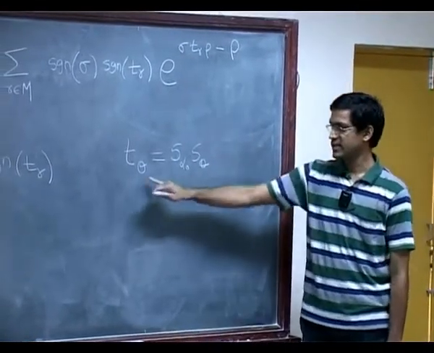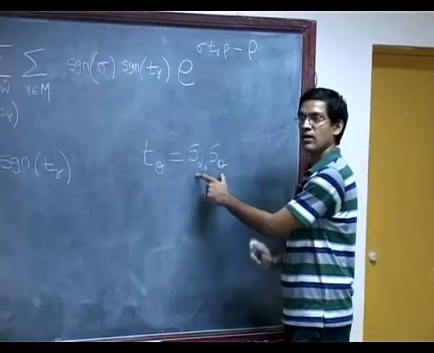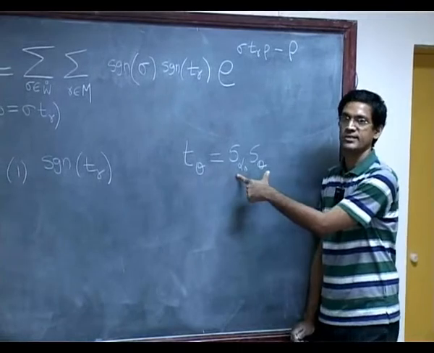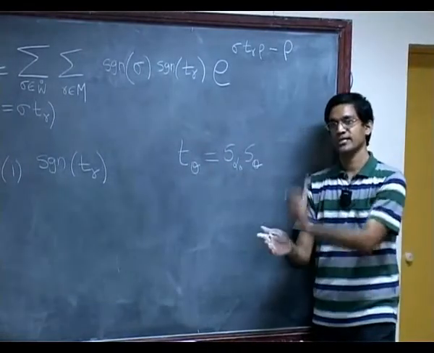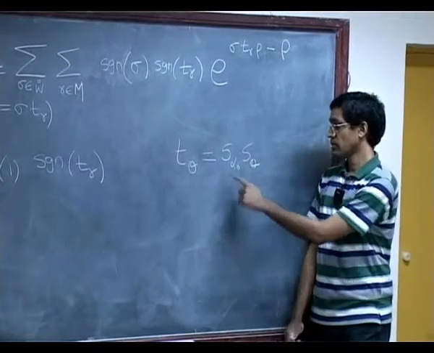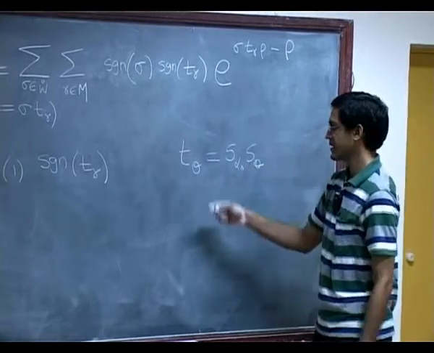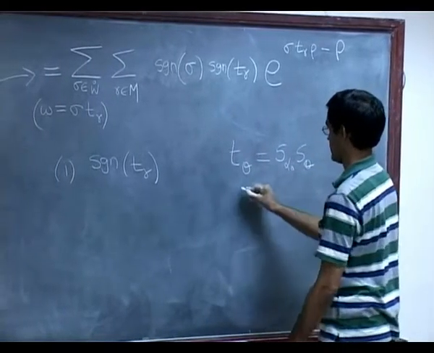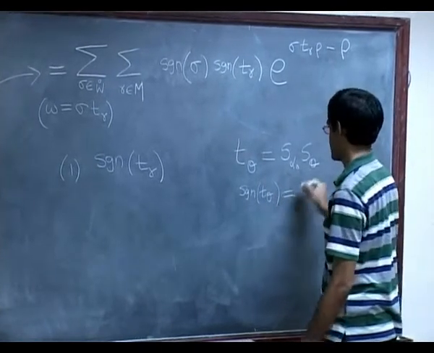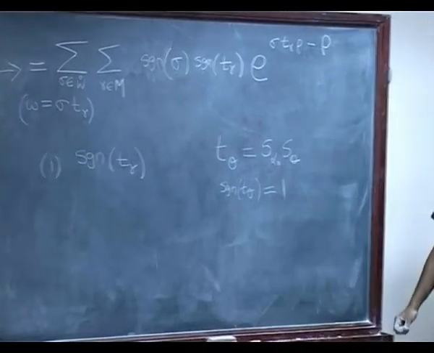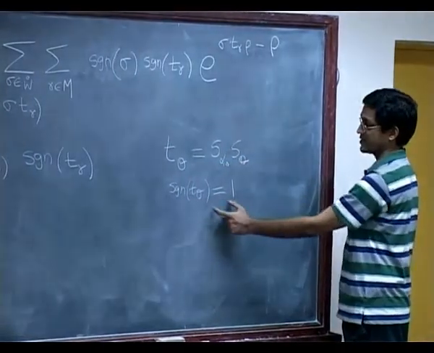Okay, so what's the sign of T theta? 1, because a reflection always has sign minus 1. This is something we saw before. A reflection leaves a hyperplane fixed and just maps one vector to its negative. So a reflection always has sign minus 1, and so it's a product of two reflections. So in fact, the sign of T theta is 1. So T theta always has even length, by the way, as a consequence of this. It's an interesting fact that these translations will always have even length. Okay, the sign is 1.